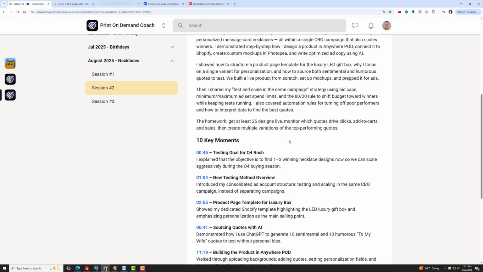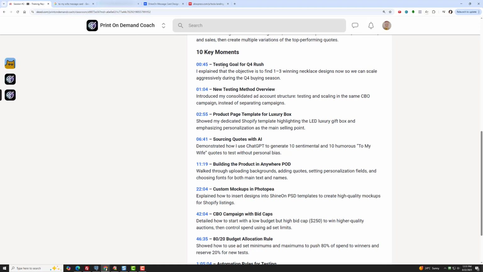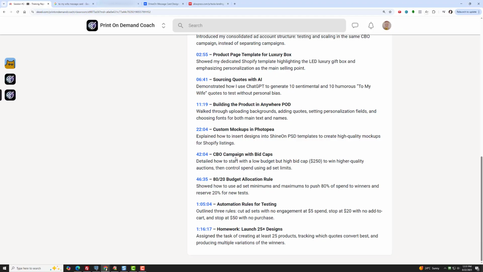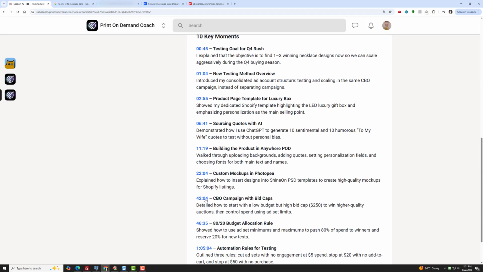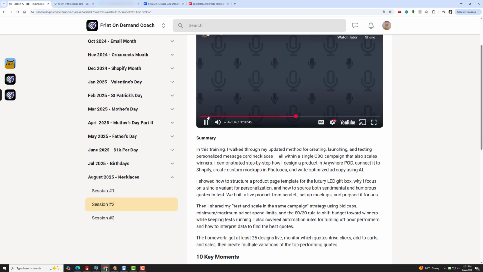personalized message cards live. And then we got this new testing method, product page template, sourcing quotes with AI, building the product in Anywhere POD, custom mockups in Photopea, CBO campaign with big caps, 80-20 rule, automation rules, homework, like that. So you can just go to each section, just click it, it'll go right to the section, which